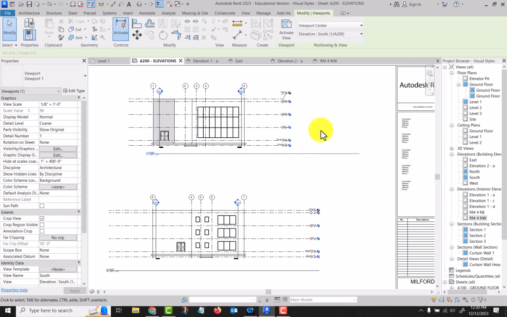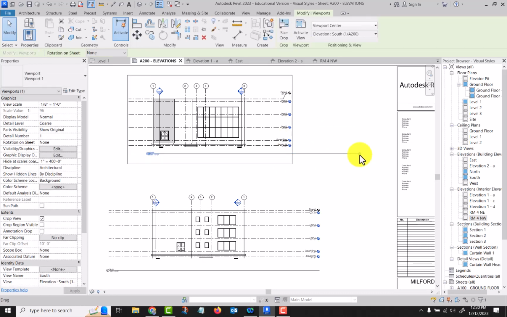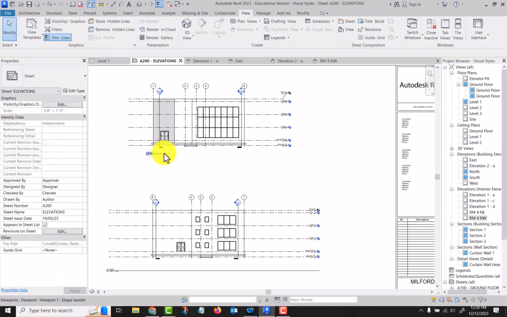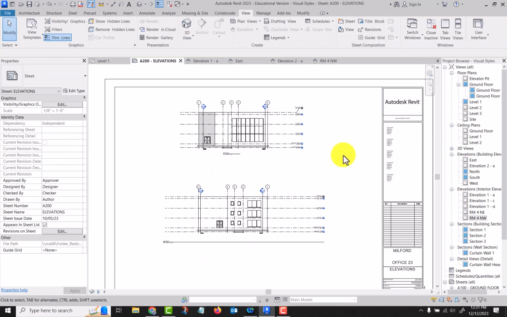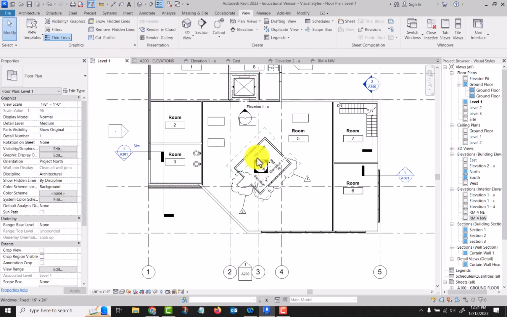Okay, if we select the viewport, we can shorten the title line. Okay, we can move it up and down, of course. Okay, I think that covers just about everything dealing with elevations. It's really pretty simple. It's just remember to make that change if you're doing an interior elevation to choose the